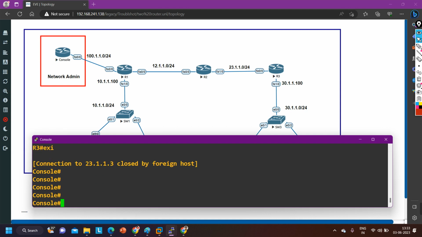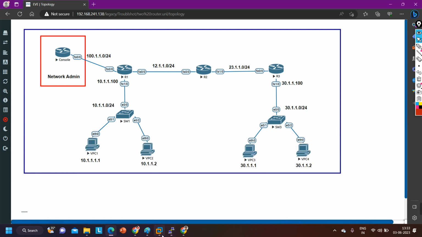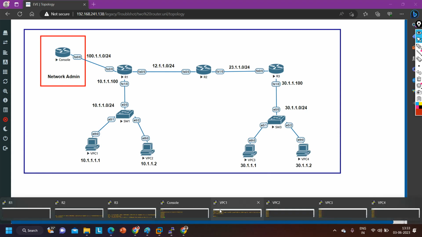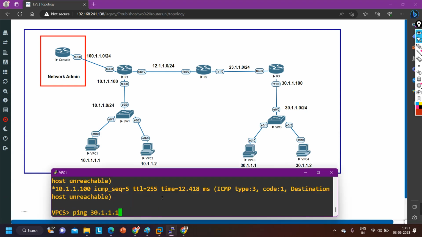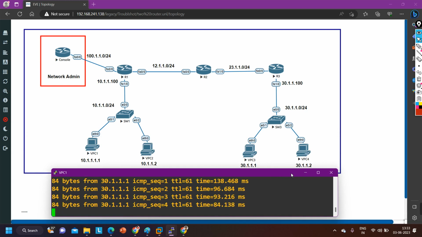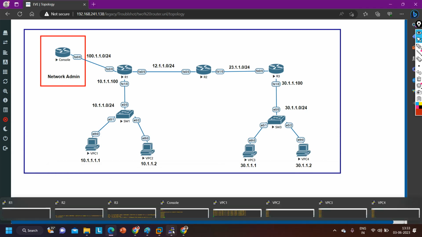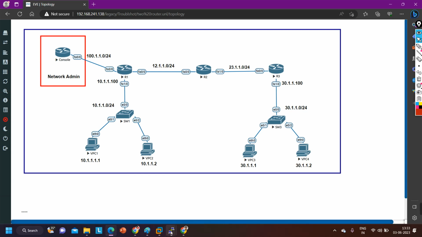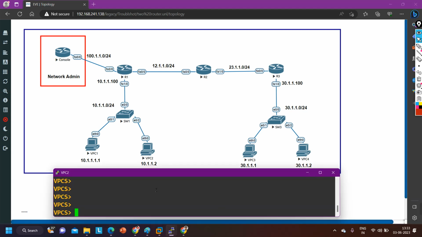Okay. Now let me verify whether the LAN users are able to ping or not. From VPC1 I am going to ping. Yes, VPC1 is able to ping. Let me check whether VPC2 is able to ping or not. Ping